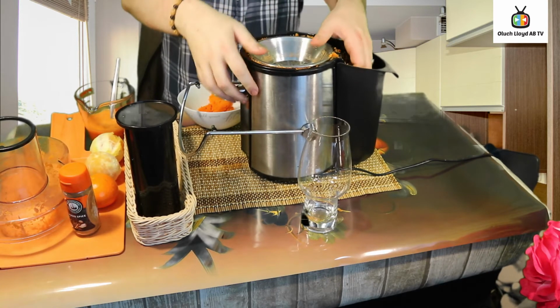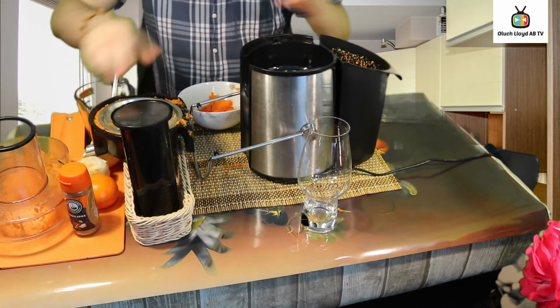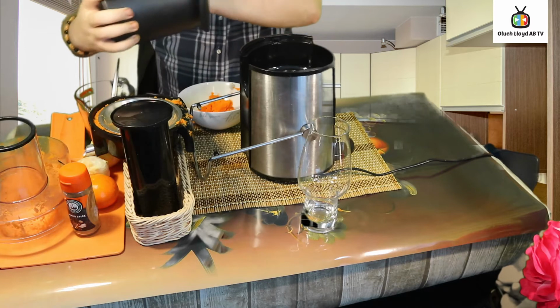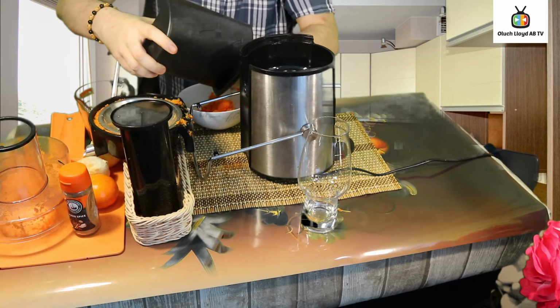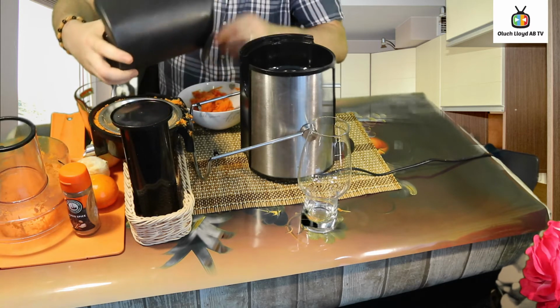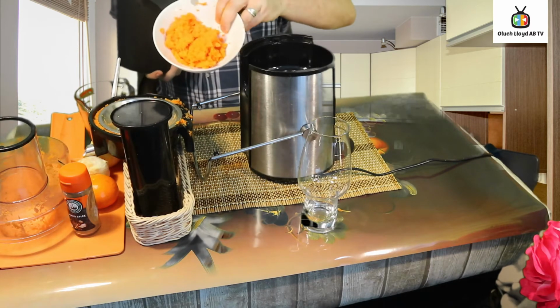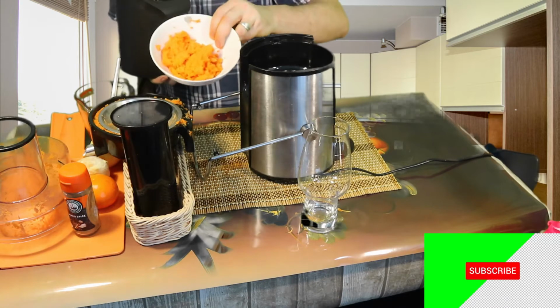I don't have to account for extra wetness. And again, let me just take this off and put it aside, because what I want now is the pulp that's gone into the catcher. So again, I'll just scrape this out into my bowl. Now I'll use half of this in my Christmas cake and half in my Christmas pudding,